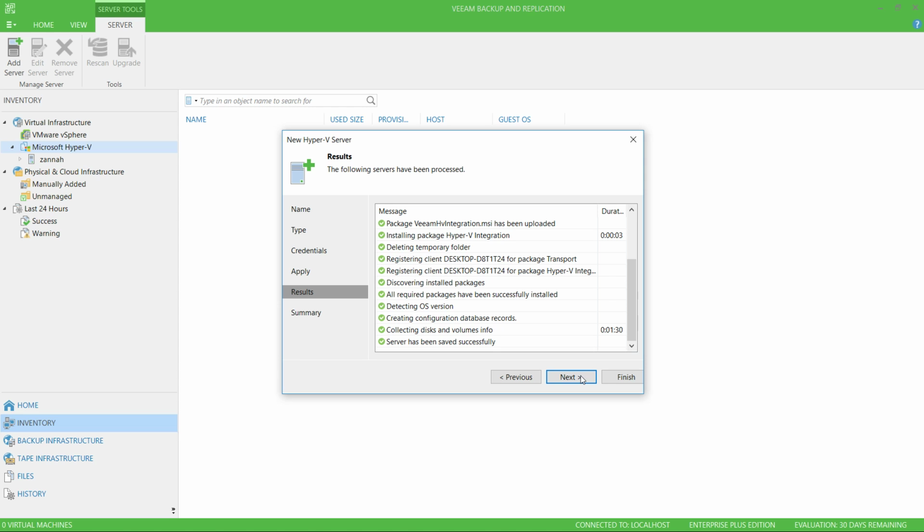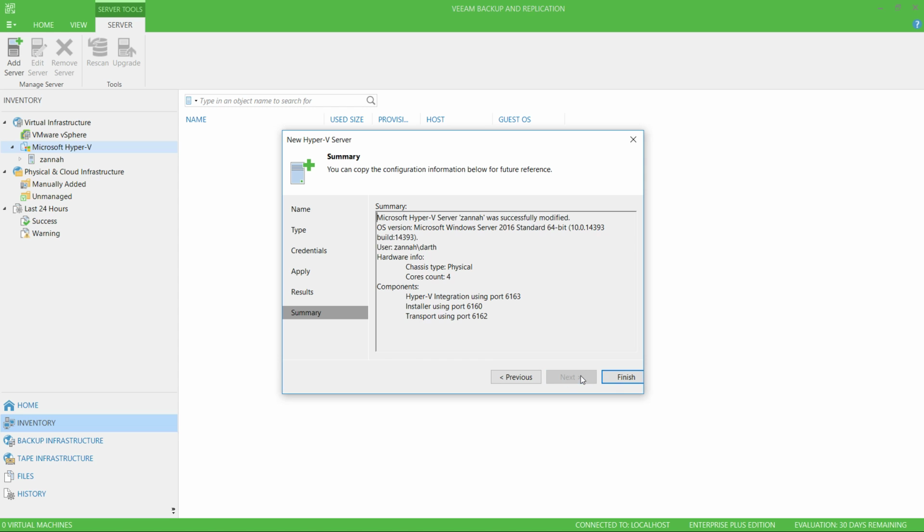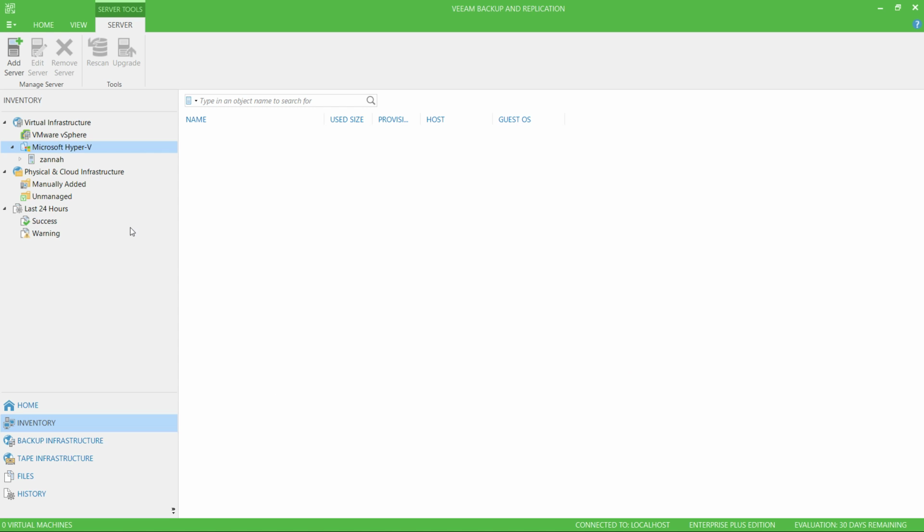The various setup steps have now completed. Click Next to get a summary of what the configuration was, and then click Finish. I can now see my Hyper-V server under Microsoft Hyper-V,